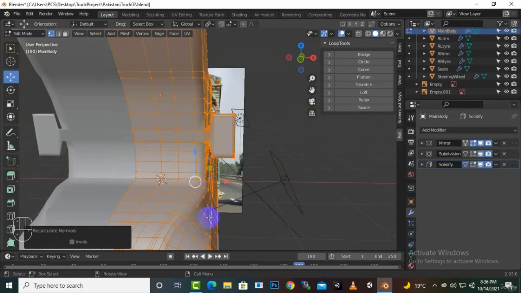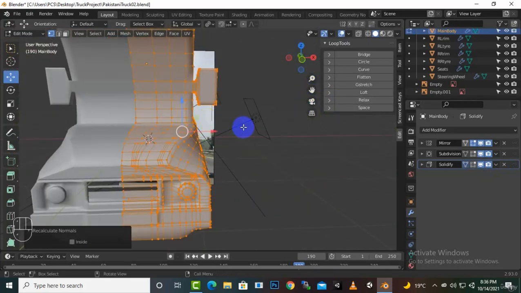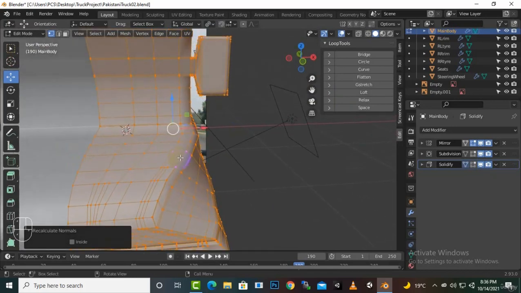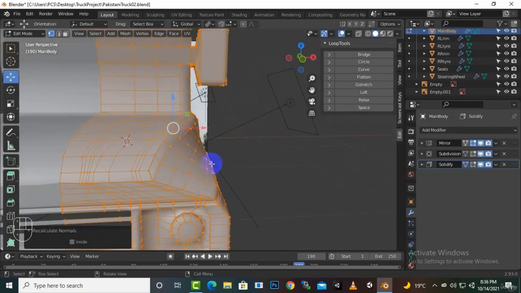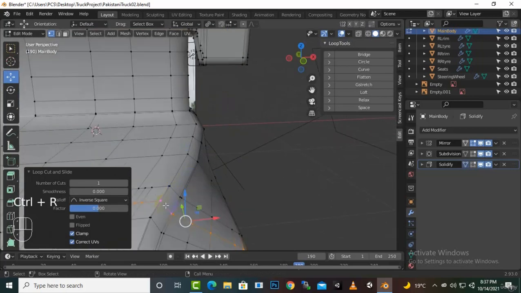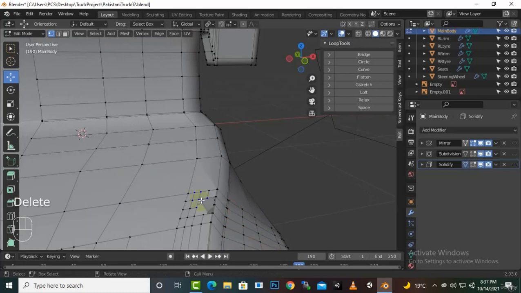And now we will create our mirror. So usually not mirror, actually light. So usually on these type of trucks we have a light to some spot like this. So I think we can create light at this spot. So let's create a loop here, and also I will create a loop this side and this side and this side as well. And now we will just select this section, we can delete this vertex,